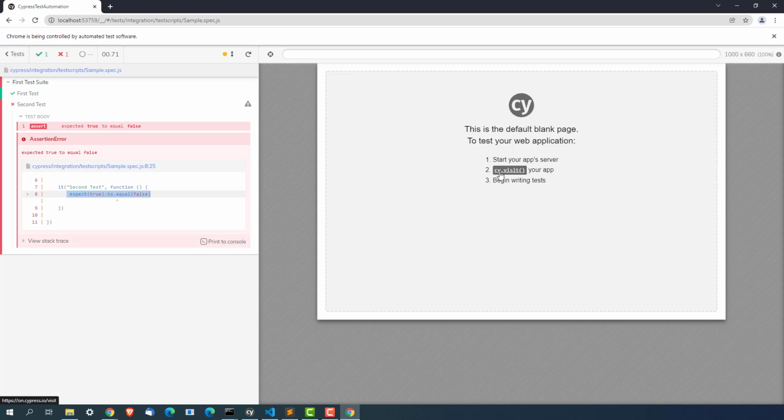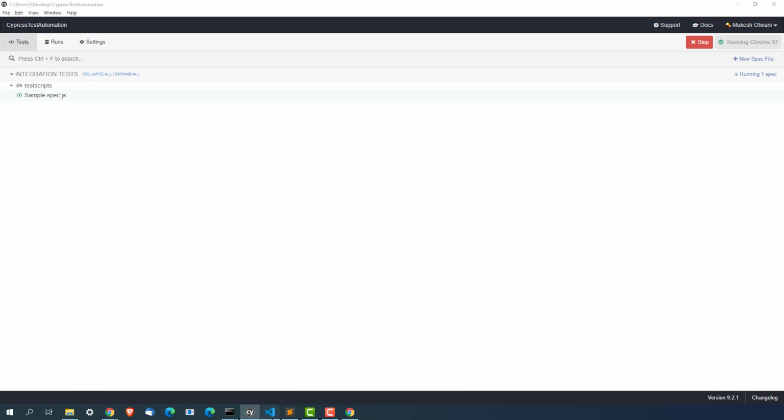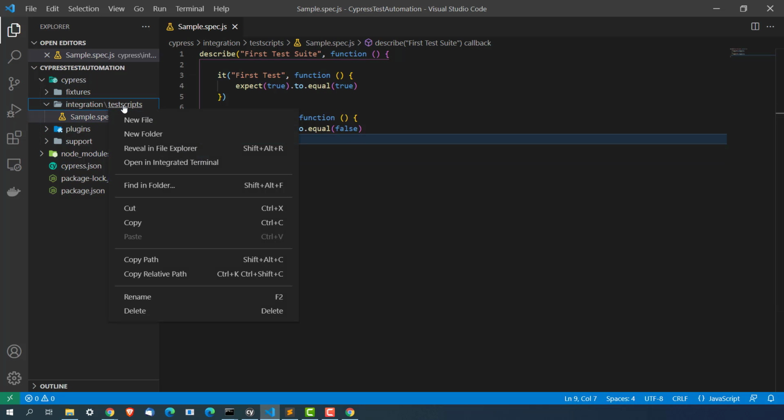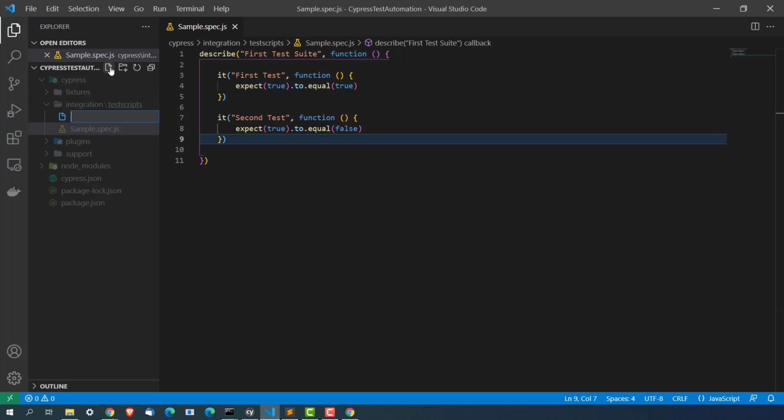This CY object is a global object for Cypress. All the commands that you will be writing will be working with the CY object. So let's do that. If you want, you can continue from this, or else you can just create a separate file and you can say first